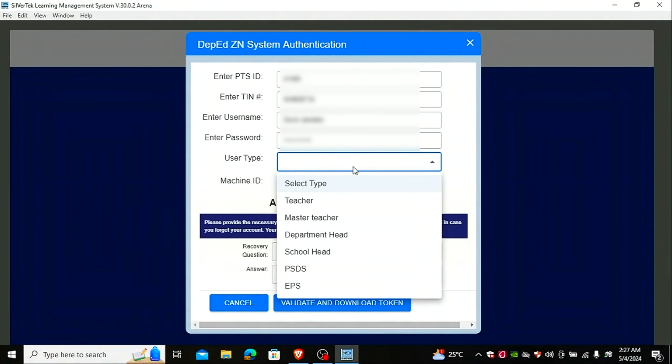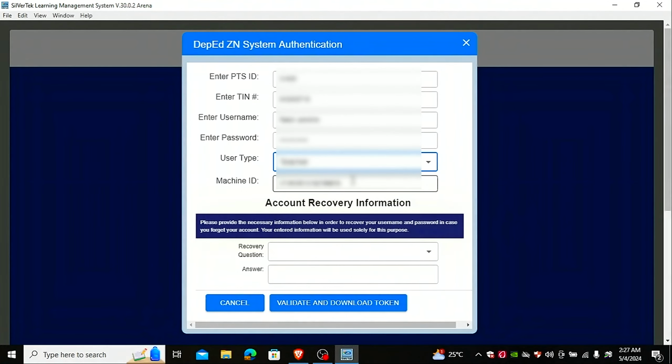User type, I will click on this category that applies to my account. So I'm not a master teacher, I am not department head, I'm not a school head, PSDS or EPS. So I need to click teacher. And then this is my machine ID.